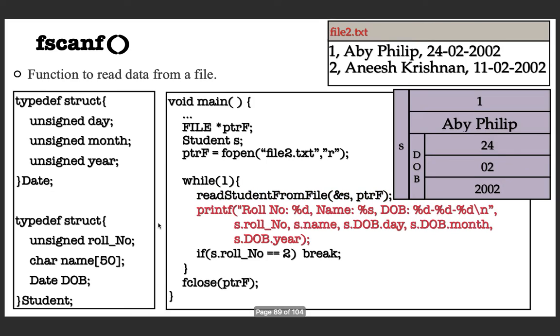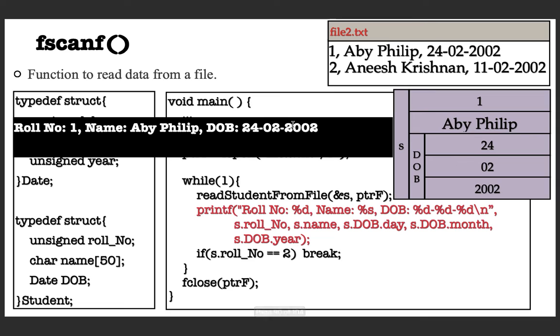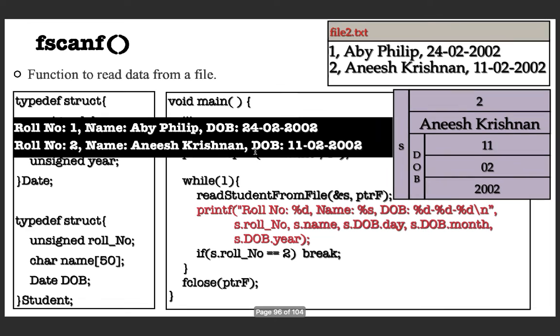Now moving down, it is a printf. I am just printing this on the screen, so I will get it printed. Now moving down, checking whether the roll number is 2 or not. Now the roll number is 1, so the check fails. So going back to the loop again, it reads the next student. So this will be getting stored in the structure variable. Exactly, this is getting stored. And now moving down, whatever is here will be printed.